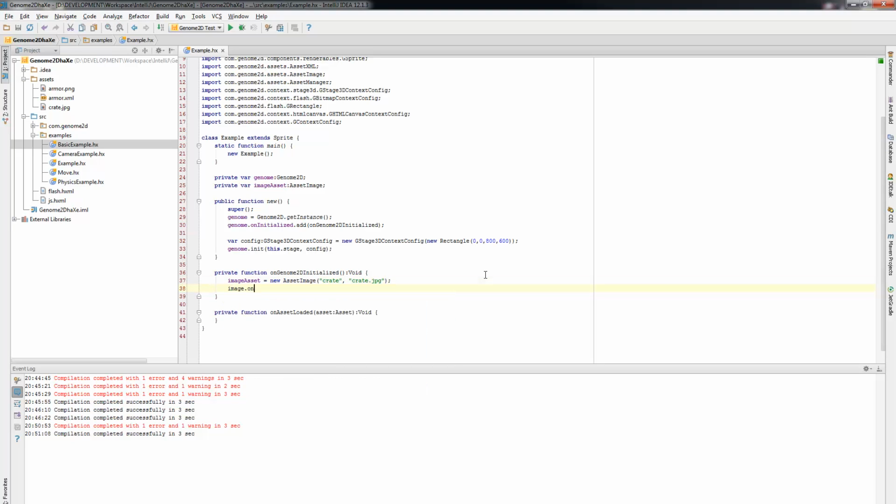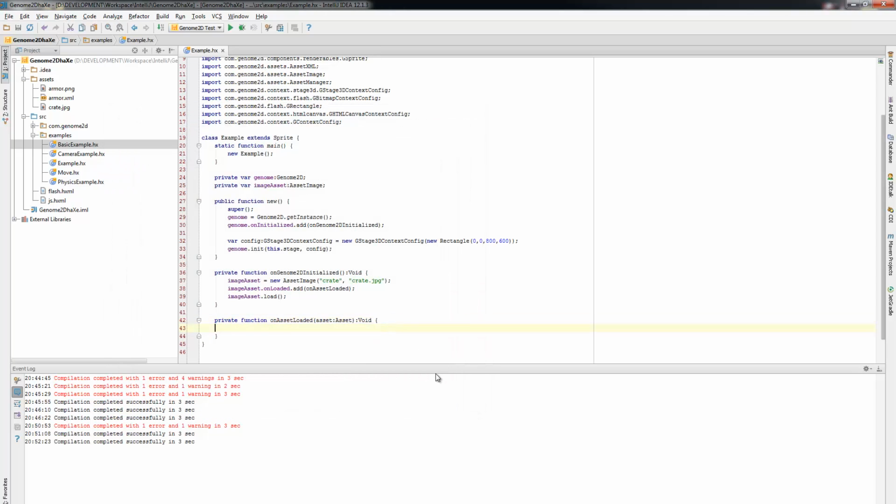We are going to hook a listener on it, and load it. You can specify the URL to override the URL specified here if you wanted to, but it's kind of like the Flash native loader. So once again, run it. If it works,